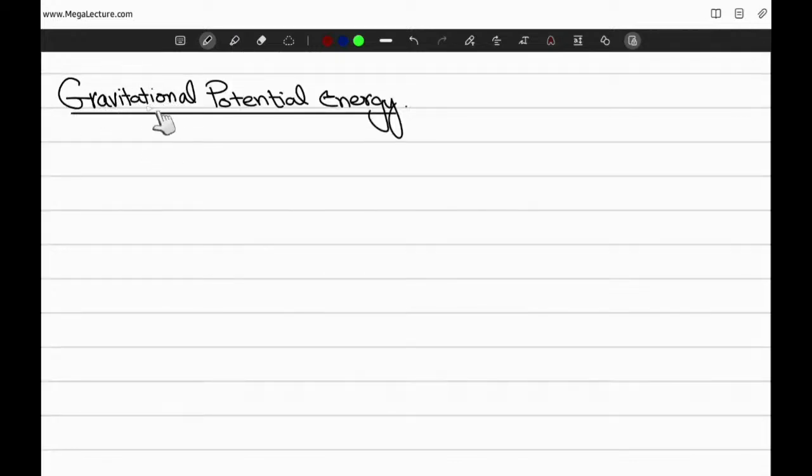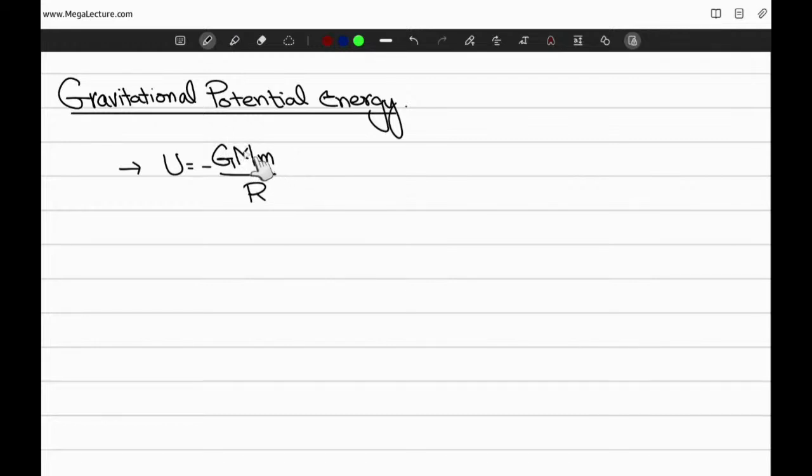Now, moving on, let's quickly talk about gravitational potential energy. So, the absolute gravitational potential energy of any body on the surface of the Earth is given by this expression over here, where this is the gravitational potential energy, and G is the universal constant of gravity. We have capital M, and this capital M is the source mass, so it could be the mass of the Earth, right? And little m is the test mass, so it is whatever mass that you're, for example, raising and giving it some energy, which is the potential energy, and R is the distance of your test mass from